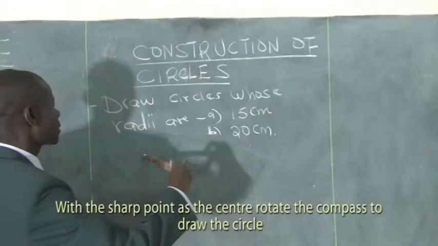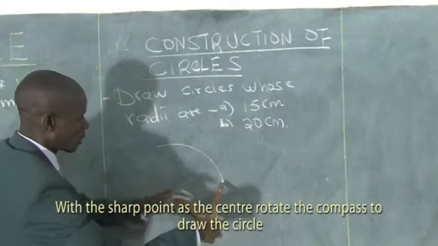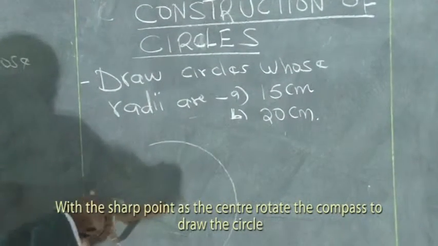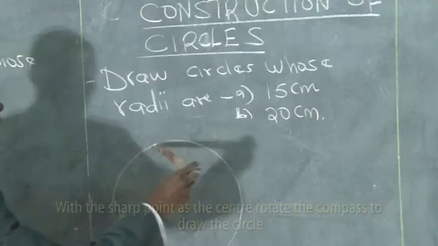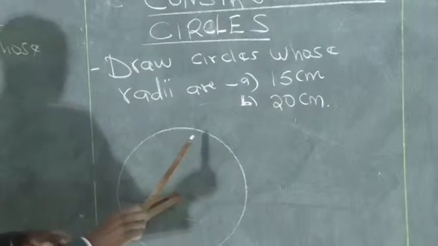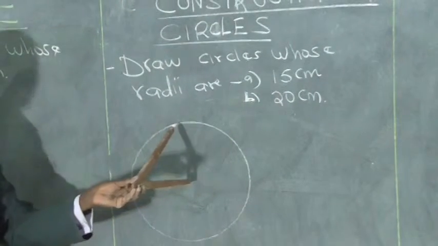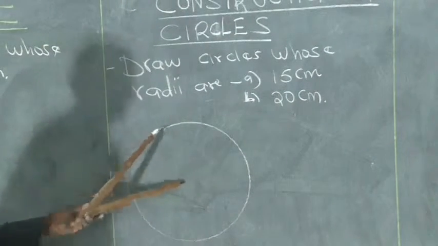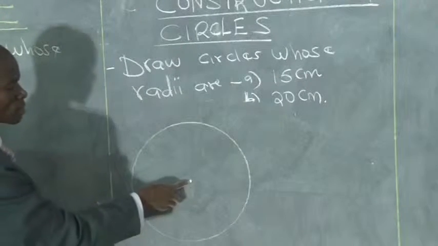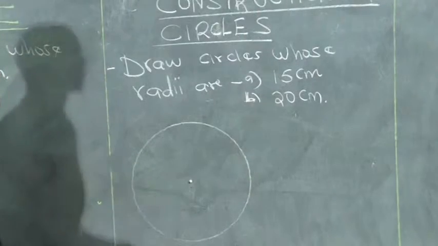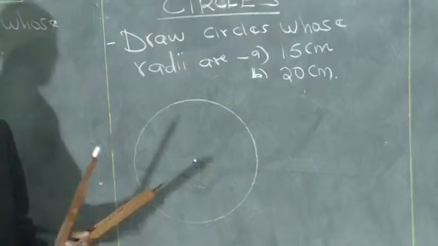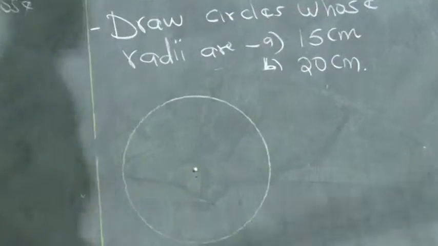Then from that point, you will draw a circle. So this is the circle constructed, whose radius is 15 centimeters. So the point to which the pair of compasses was standing marks the center of the circle as we discussed. So this is the center of the circle that was used to construct that circle with a radius of 15 centimeters. So to mark the radius, you need to take a ruler,